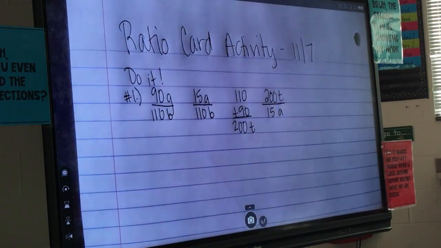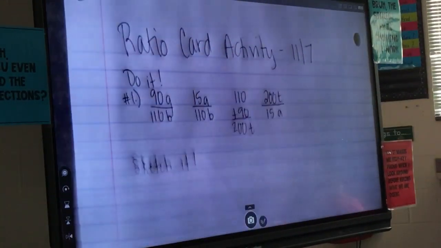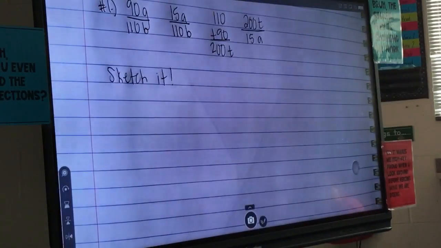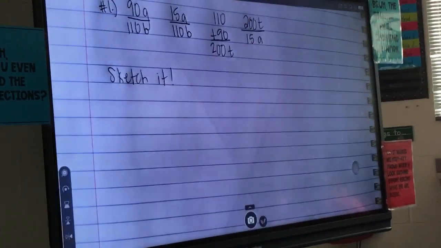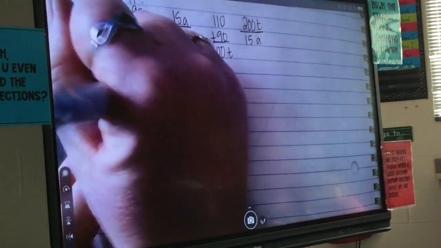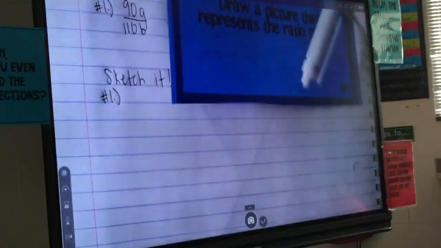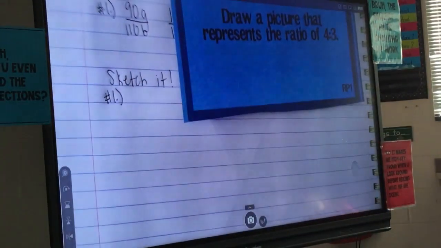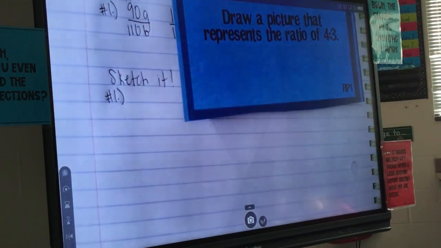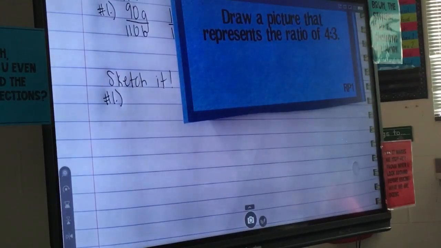is the sketch it. So let's say that we did all of our do it, so the next section is going to be sketch it. And again, all of this has to do with ratios. Maybe they're equivalent ratios, maybe simplified ratios, but nonetheless, all of them have to do with ratios. Write this down, Gabe. All right, and again, we're doing number 1 together. So number 1 for the sketch, it says, draw a picture that represents the ratio of 4 to 3. So, and again, keeping this simple. We don't want to make this really difficult, but give me an object to draw 4